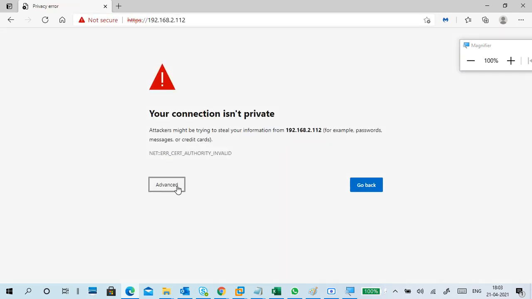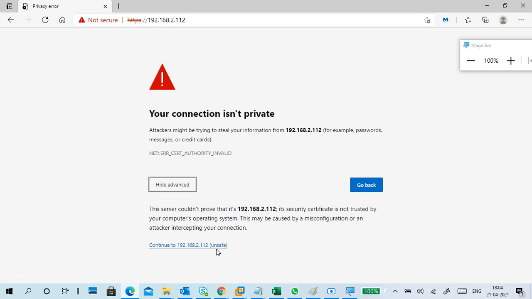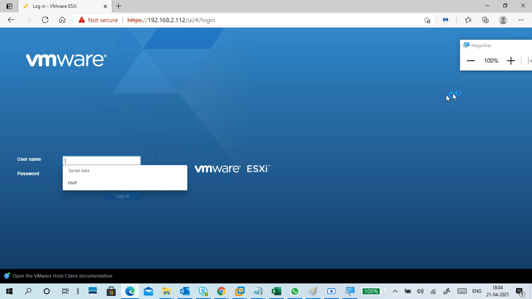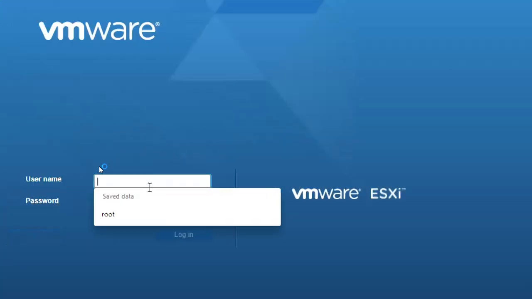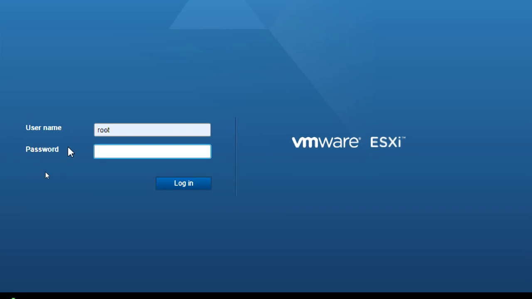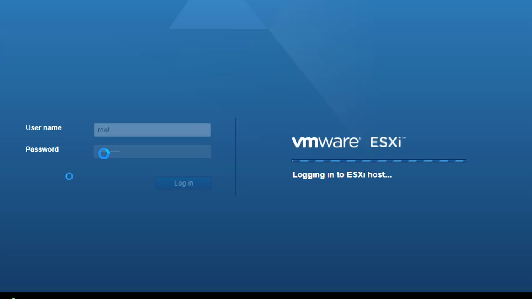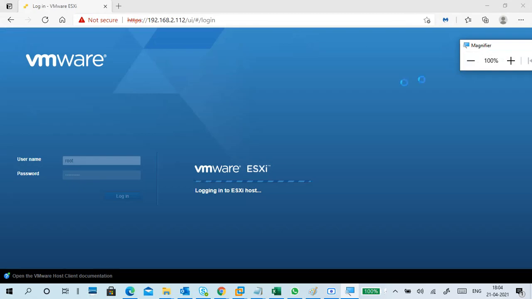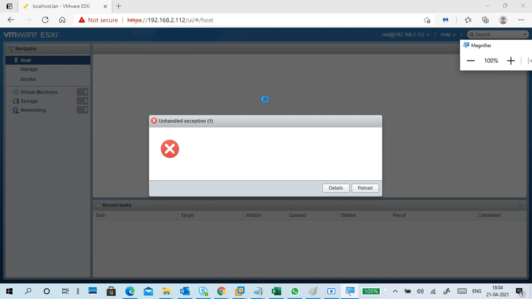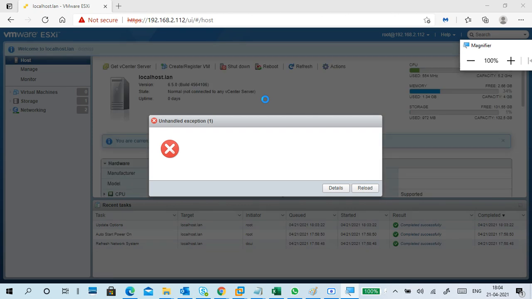Okay, now it is again showing advanced, continue, continue, advanced, continue, unsafe mode. Okay, login, root, Admin@123. IE is removed, all the other parts are removed, but still it is showing an unexpected exception handling.